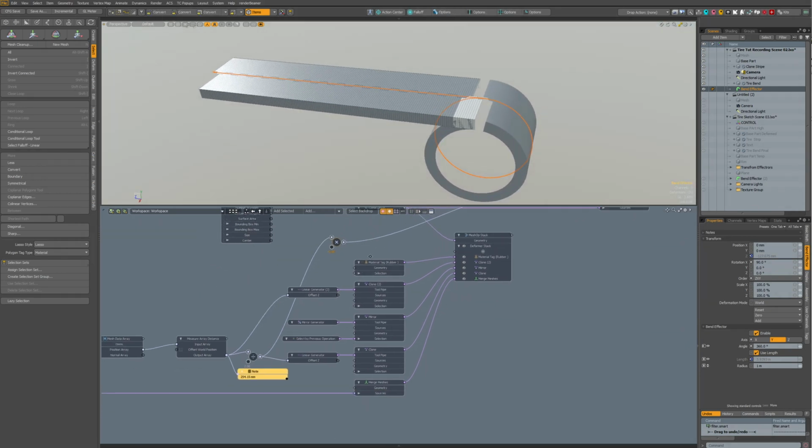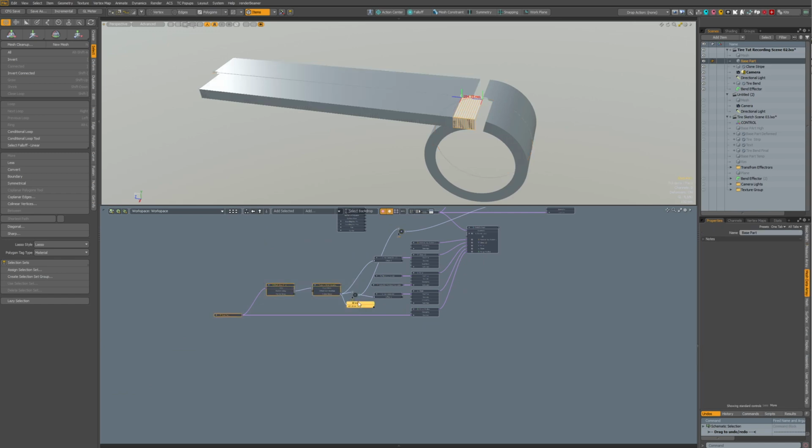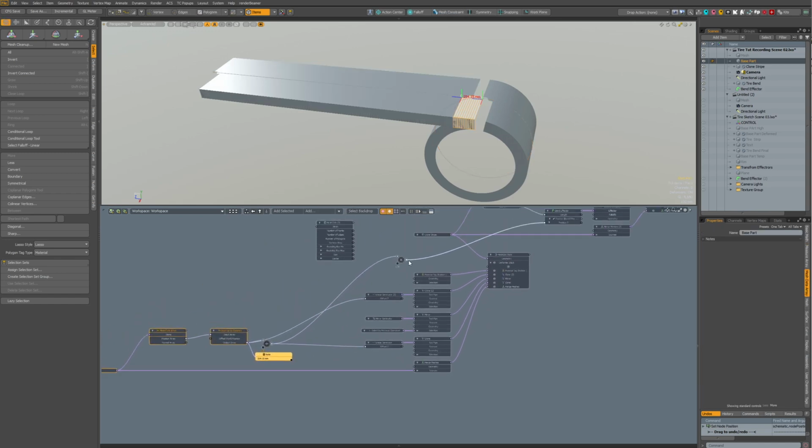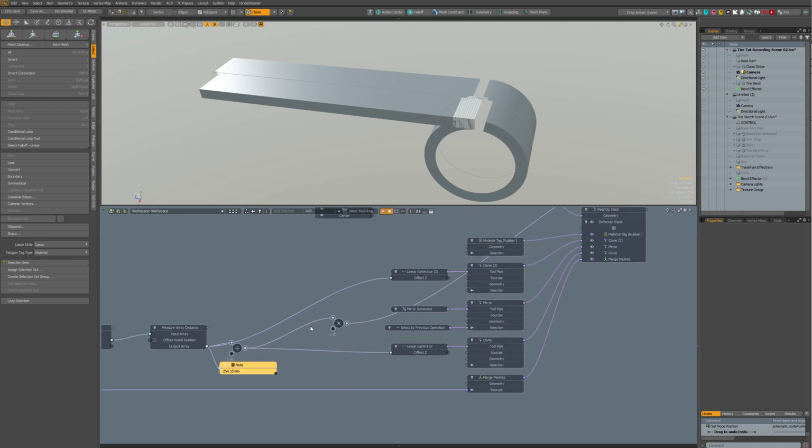But there's a little trick by Stephen Hill that we can add. Instead of this multiply, we can add, no, I did it wrong.